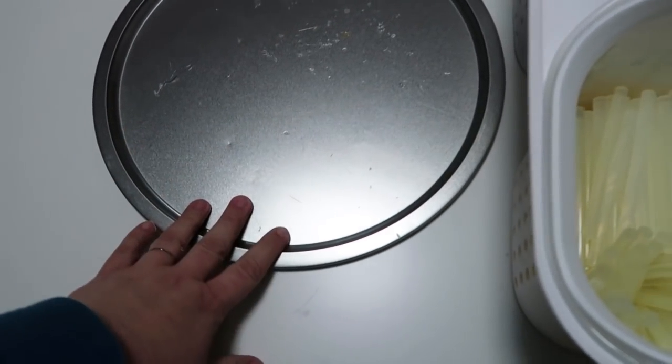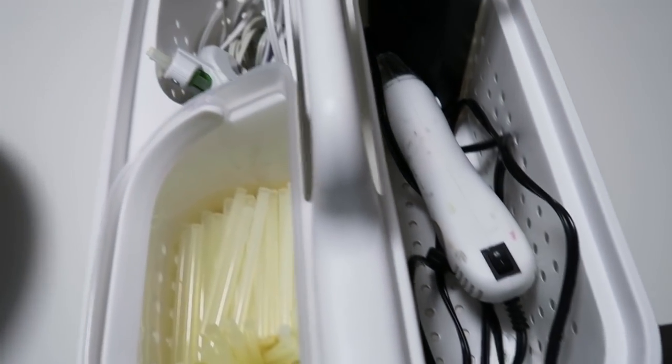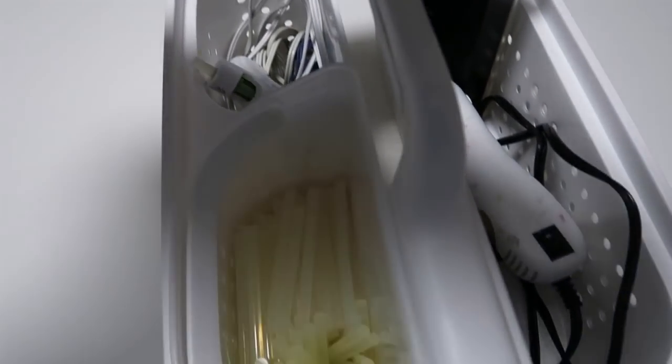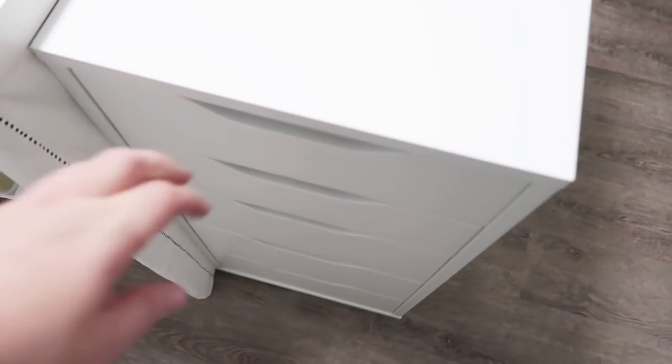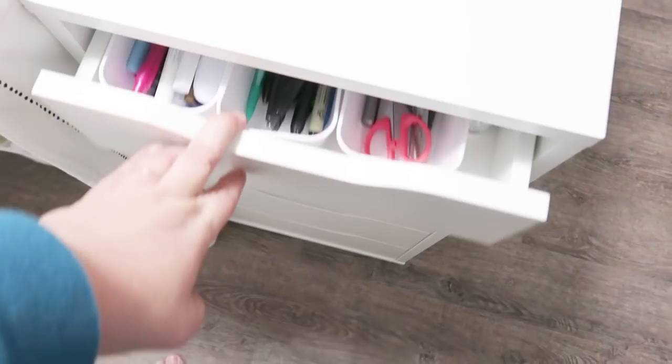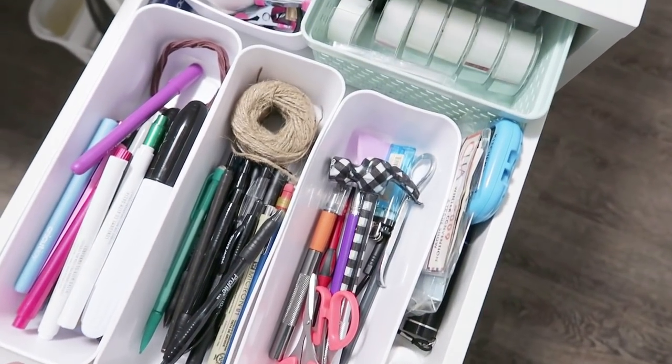And then I have my heat gun, my hot glue guns, and I always keep my craft knife in my little box right here next to me so that I can pull these things. These are my most used items. And then moving over to the right of my desk when I'm sitting down, each drawer has been organized by